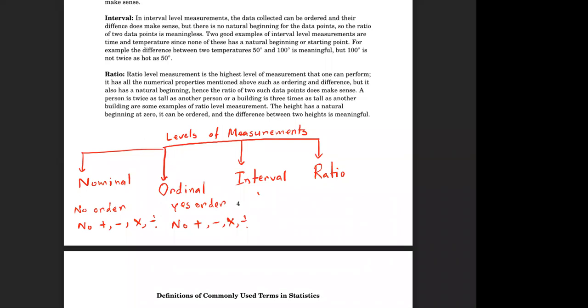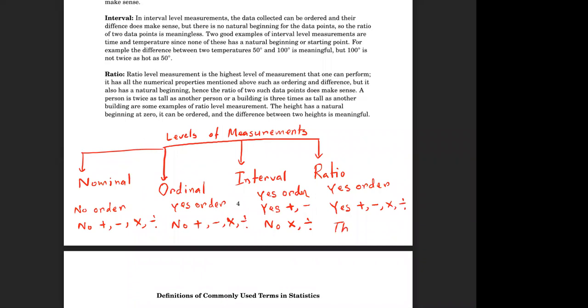Here you can, yes, order, yes, add or subtract, but no multiplication or division. Here, yes on everything: yes, order, yes, add, subtract, multiply, and divide. And